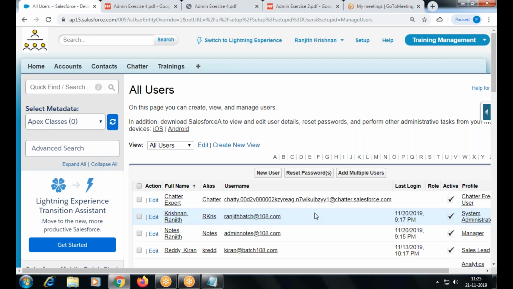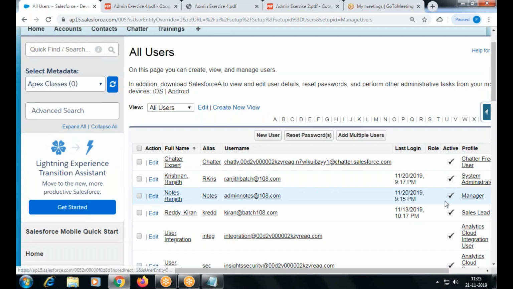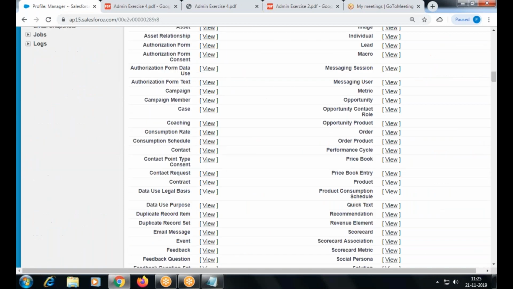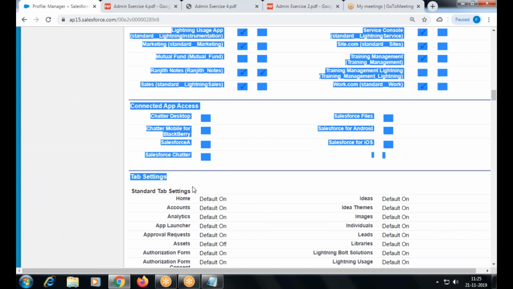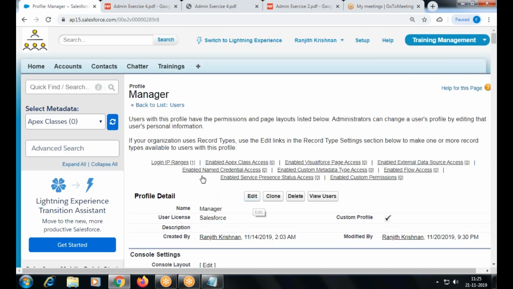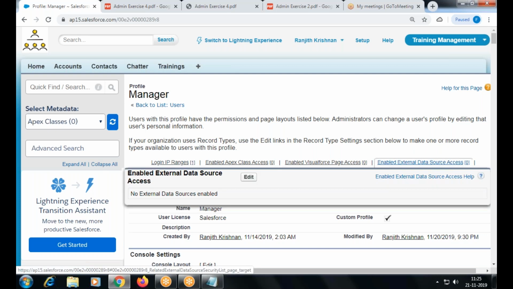Okay. So suppose this user. Okay, I'm going to modify the tab. So I click on the profile, right? I can change from default on to default off or tab hidden. Okay, we have to edit the profile. So what will happen? Whoever is assigned with this profile, those changes will be applied. People have tried this? Any of you modify the permission and log in on a different browser as that user and see the difference?